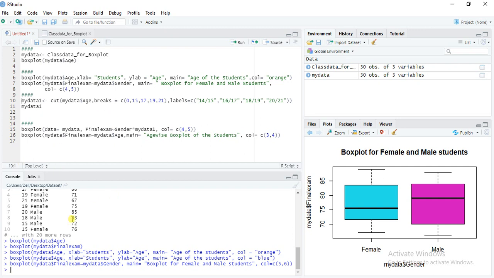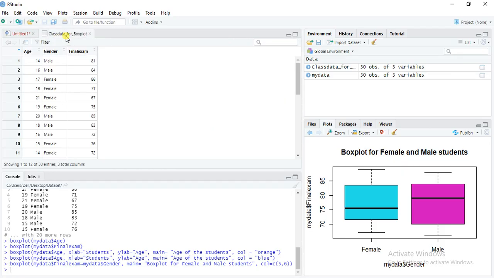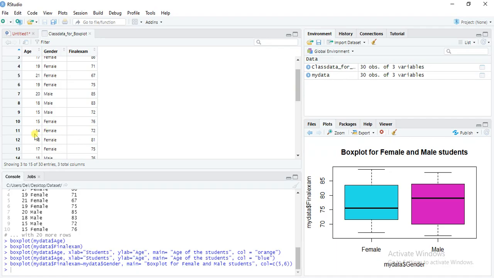The age group of students, we can see here, is 14, 16, 17, 18. The upper age is 21 and the lowest age of a student is 14. So this is our continuous data and we want to convert it into categories: category 1 means 14 to 15 years, another 16 to 17 years, 18 to 19 years. Or we can divide marks also.